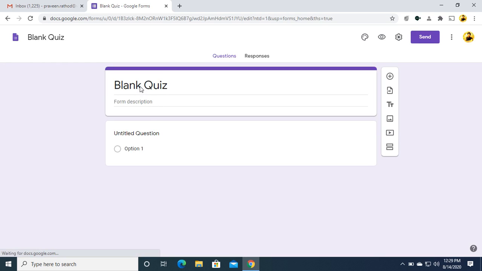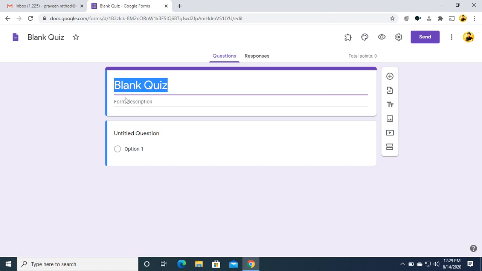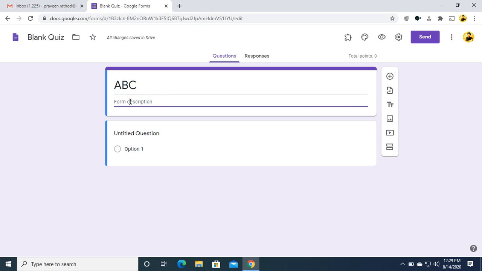In that, first you have to give a name to the quiz. Say, suppose I'm giving A, B and C. This is the name of the quiz, and for the type of quiz you are conducting, you enter the name of it. So I am entering general, a general type of quiz.